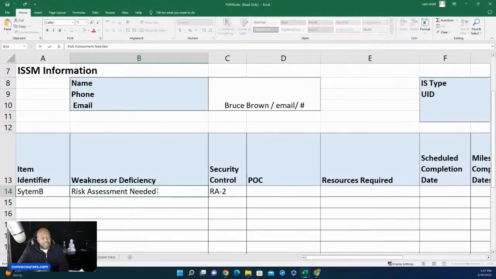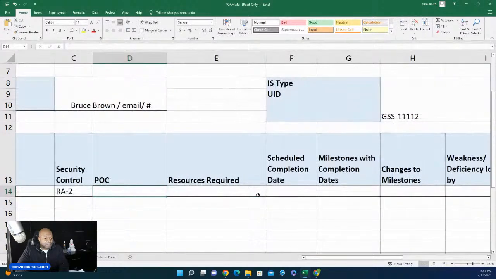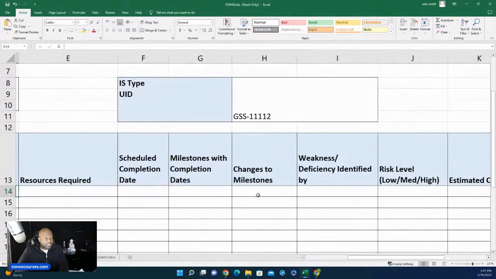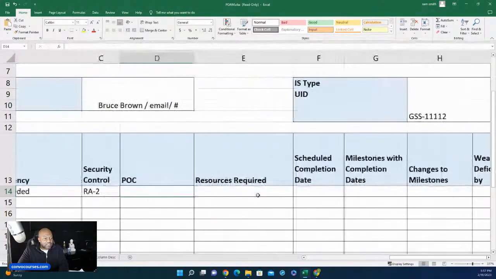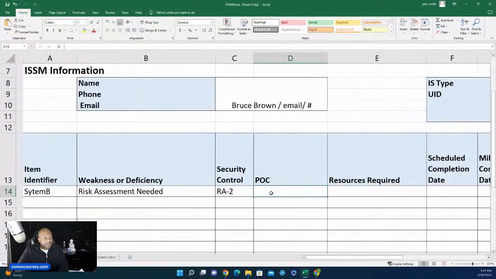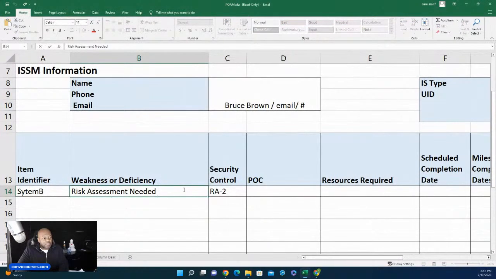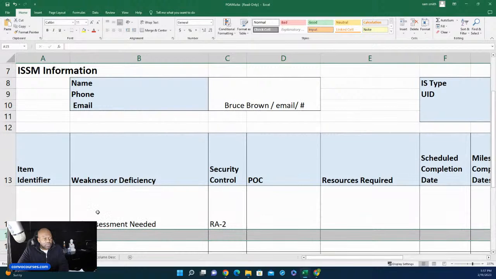And the details, we want to get straight to the point with the details, but sometimes we have to explain. Let me see if there's a place where we can actually explain the weakness in greater detail. Identified by, usually there's a place where we can actually explain it. So I don't see it here. So what we're going to do is we're going to explain the weakness right in here. So we're going to say